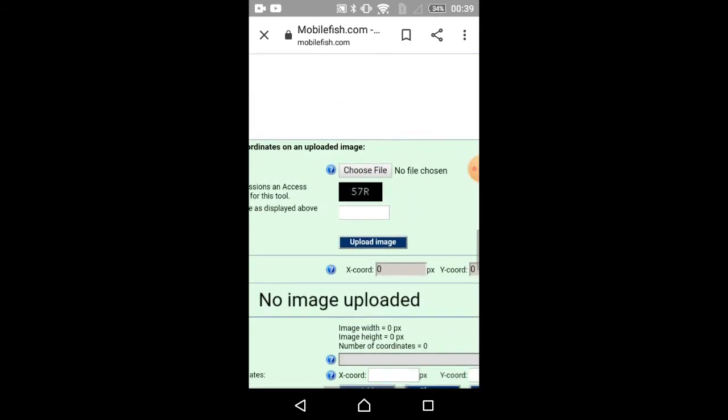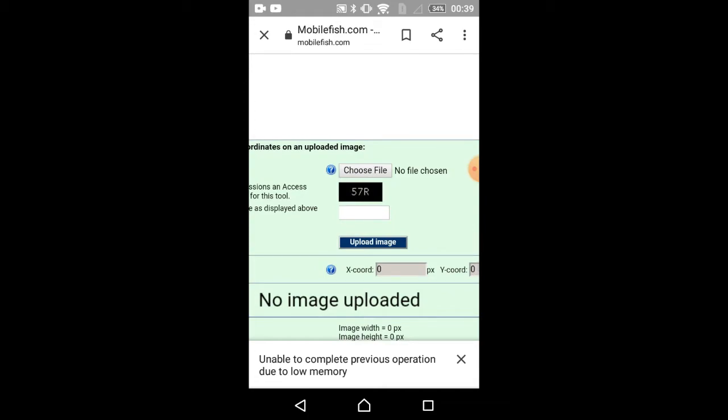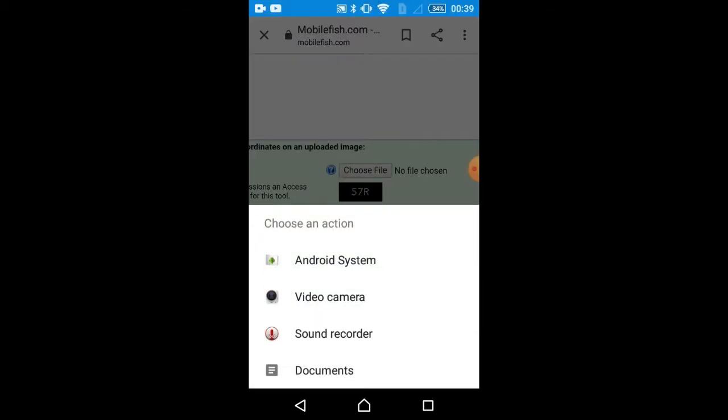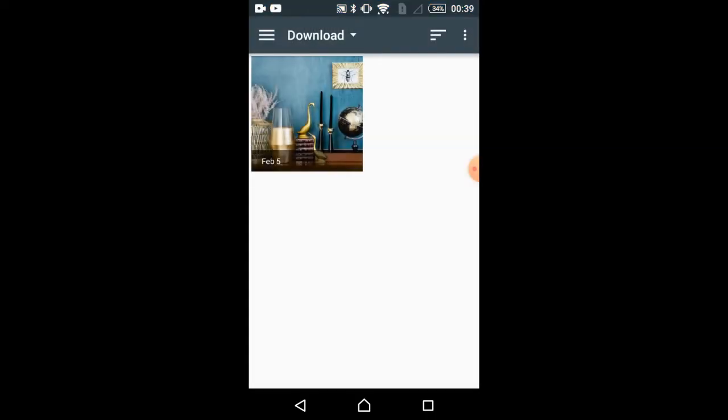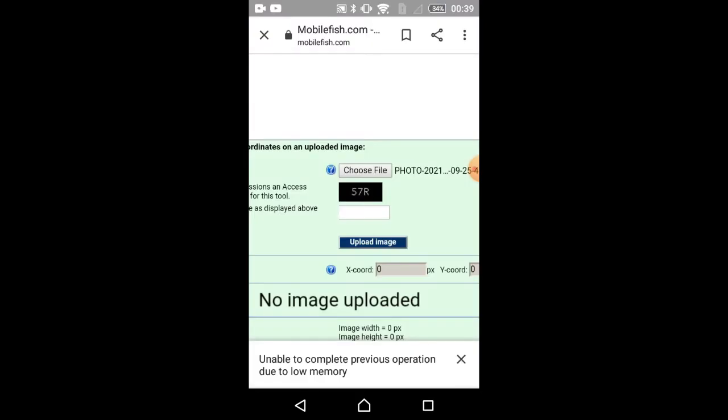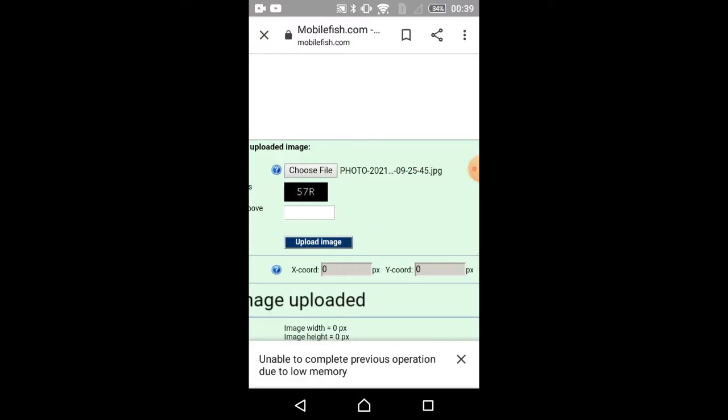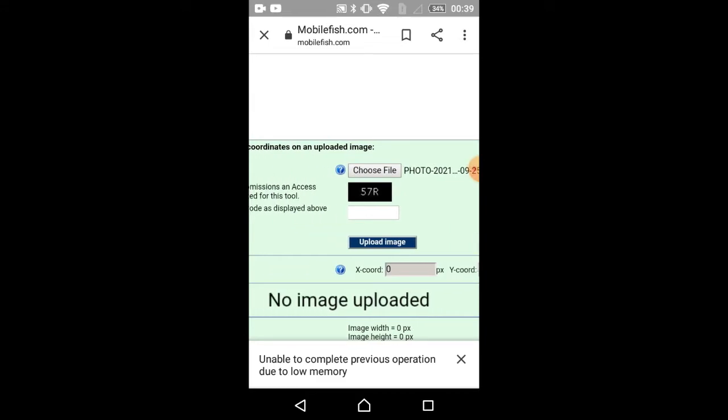It is showing something here, so I'm choosing the image again. Here you can see the image name is appearing after you choose it.